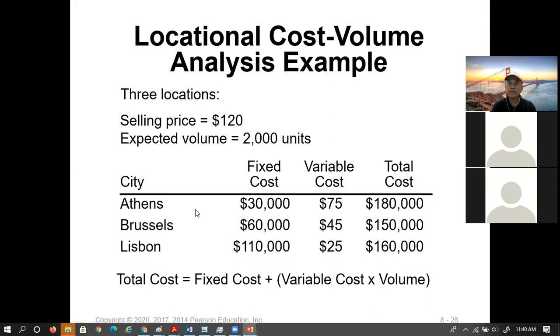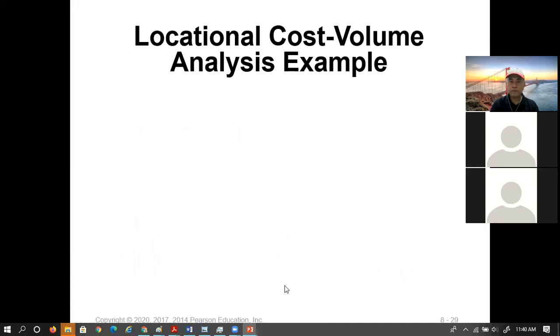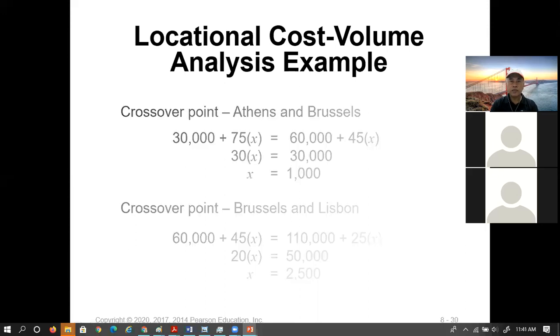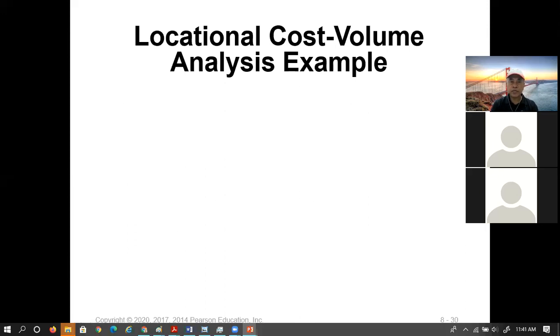It is the same as last time with the process strategy. We selected the machine for producing the report; the number of reports determined which software we were going to buy. So in this case, by analyzing the fixed and variable costs, we can select which city for a certain volume produced, 2,000 units for example, with a selling price of 120. This is a very easy equation, so you can proceed.